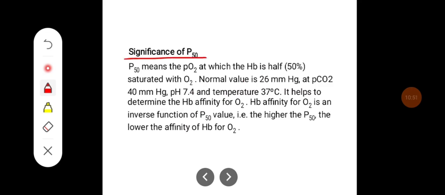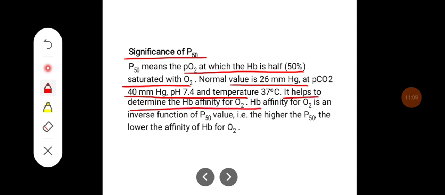P50 means the PO2 at which hemoglobin is 50% saturated with oxygen. The normal value is 26 mm of Hg at PO2 40 mm Hg, pH 7.4 and temperature 37 degrees Celsius. It helps to determine the hemoglobin affinity for oxygen. The hemoglobin affinity for oxygen is an inverse function of the P50 value. That is, the higher the P50, the lower the affinity of